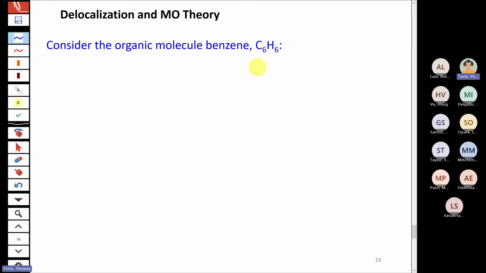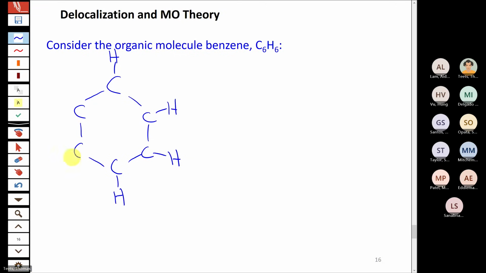So to draw the structure of benzene, it's a ring of 6 carbon atoms. Each of them has a hydrogen on it, outside the ring. And then to make sure the octet of every carbon atom is complete, you would need to have in the structure double bonds alternating like that. So alternating single and double bonds around that ring.